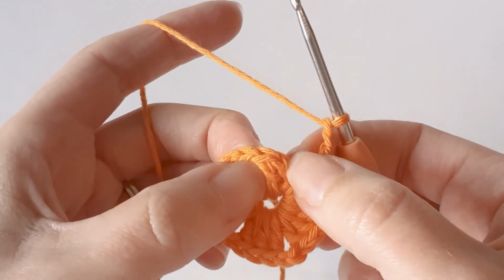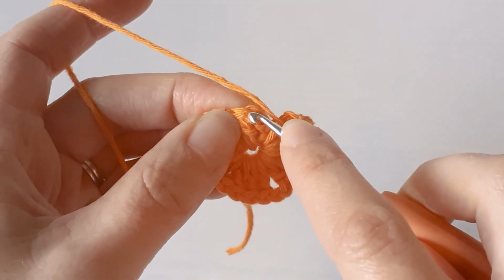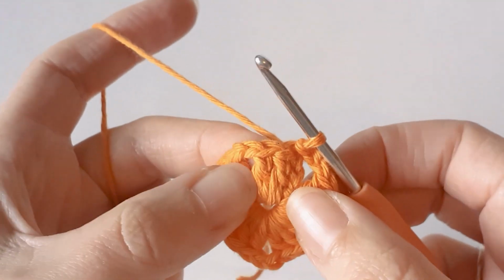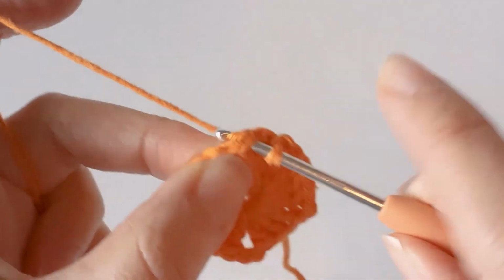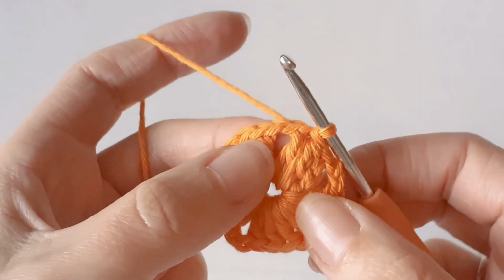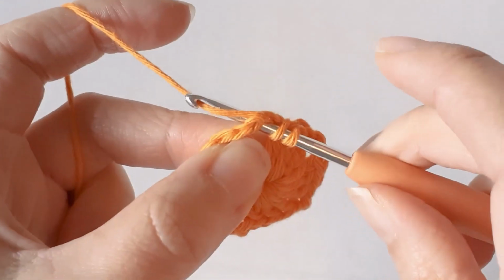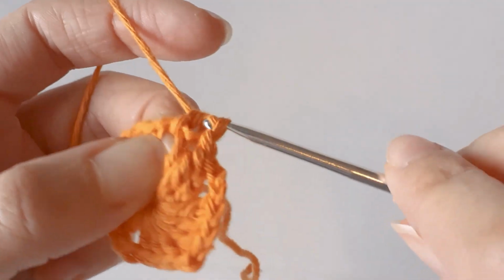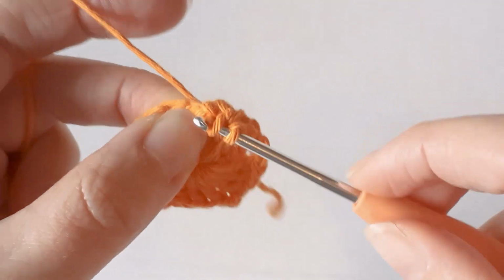So I want to slip stitch to that first chain 3. Okay, then slip stitch to the next stitch. So that's the center. Okay, so now you want to, in this space here, yarn over, do a half double crochet. So yarn over, pull through, yarn over, pull through all 3, then a double crochet, yarn over, pull through,